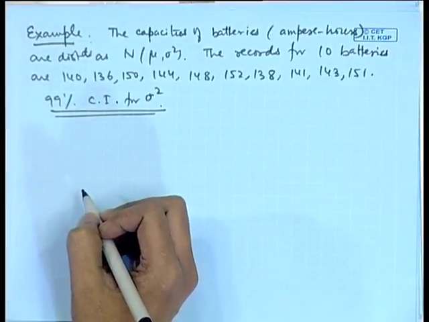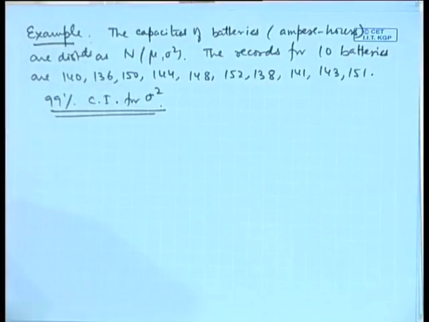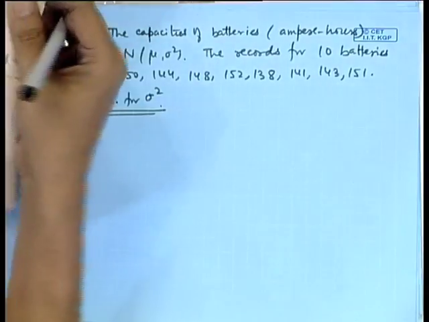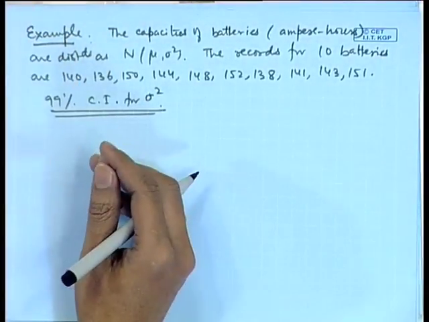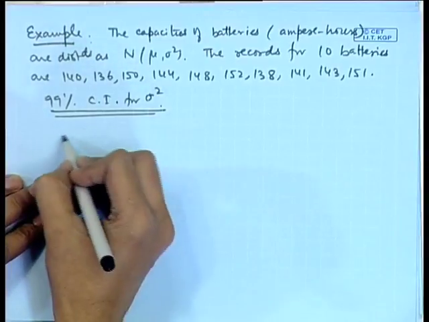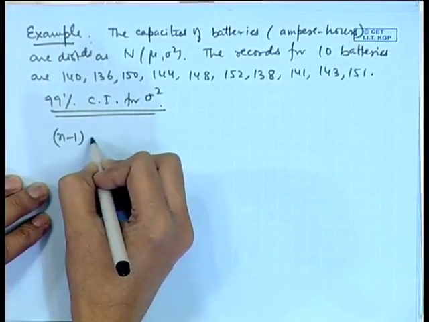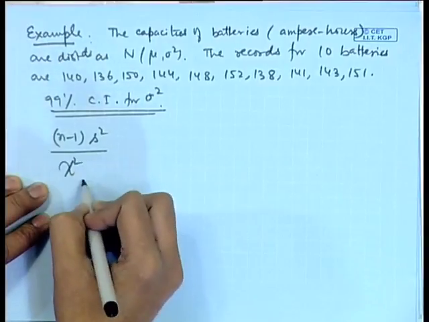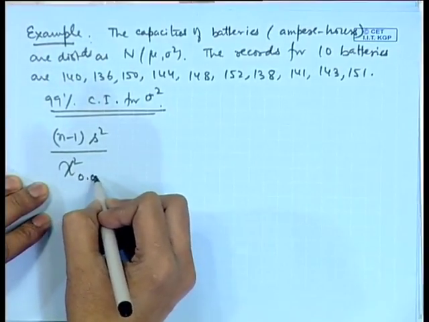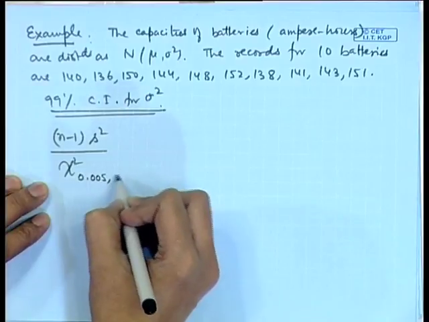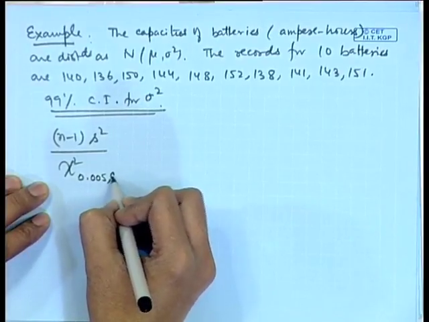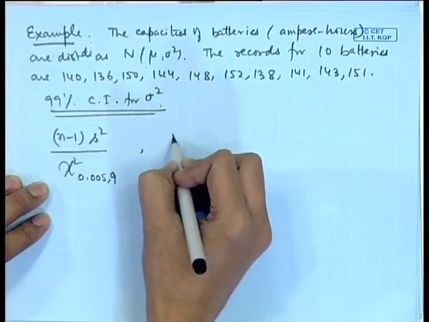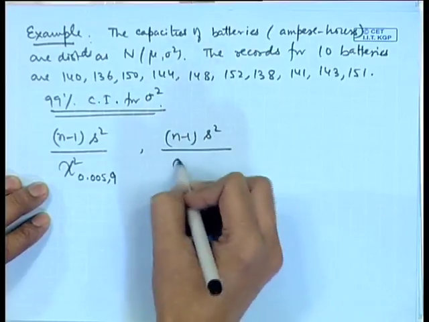So, now here we will make use of the fact that mu is unknown. If mu is unknown, then the formula for the confidence interval for sigma square is based on chi square on n minus 1 degrees of freedom. The formula is n minus 1 s square by chi square 0.005, n is 10, so this is 9, to n minus 1 s square by chi square